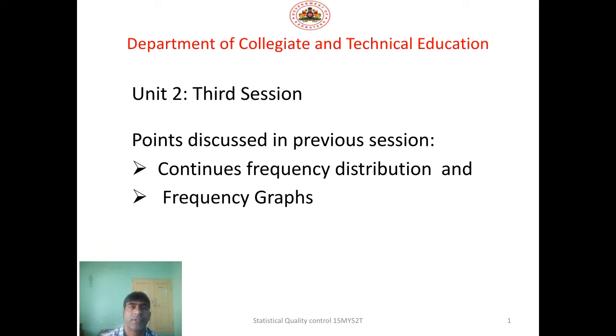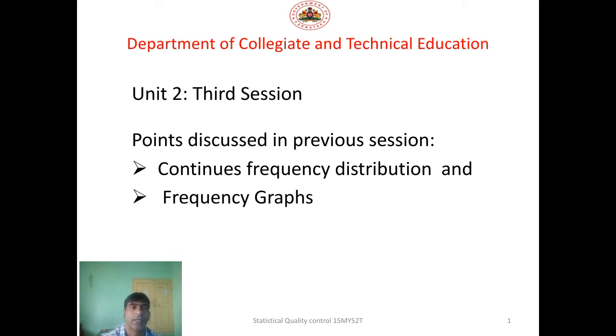Students, we have seen in the continuous frequency distribution that we take the data of age factors so that none of the data is left out of the frequency distribution table. Students whose age is given in terms of months will be carried into one of the classes. Like that, we will not leave any data out of the distribution. So that is continuous frequency. For age factors we use continuous frequency distribution.